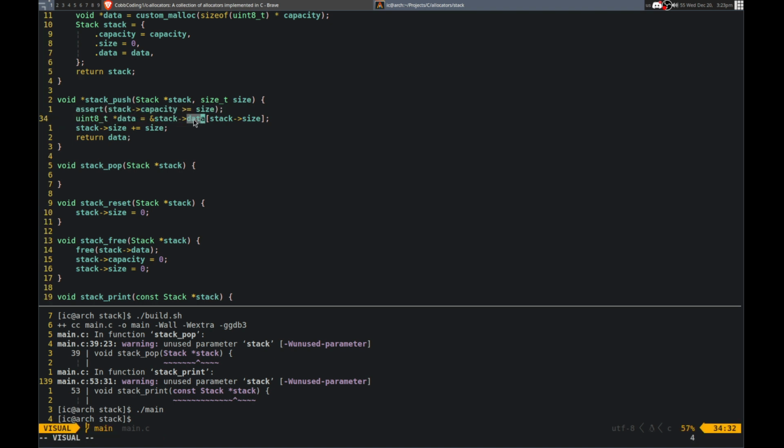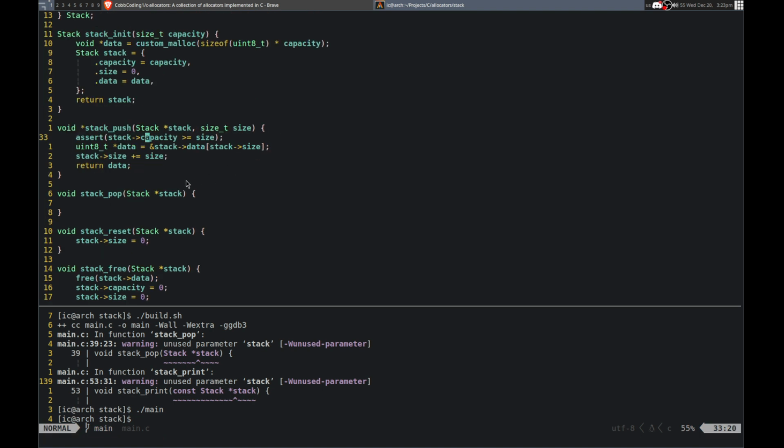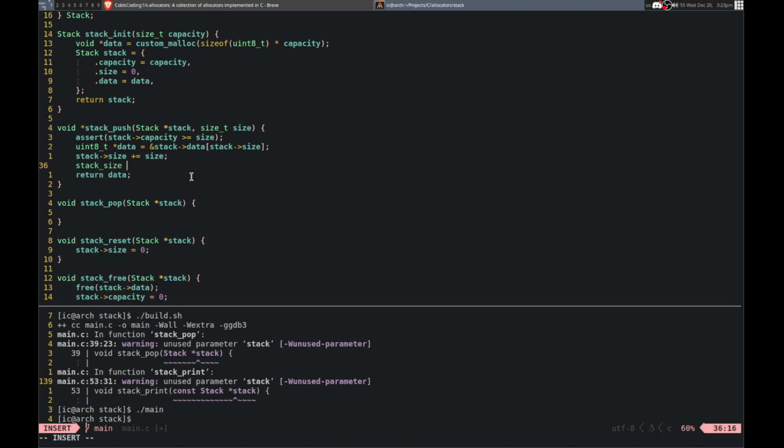I want to do that. So we're asserting that. That should be fine. And then we get the data, and that's what we're going to return. And we iterate the stack size, but then we also need a little bit more. So we're going to do stack size plus equals,